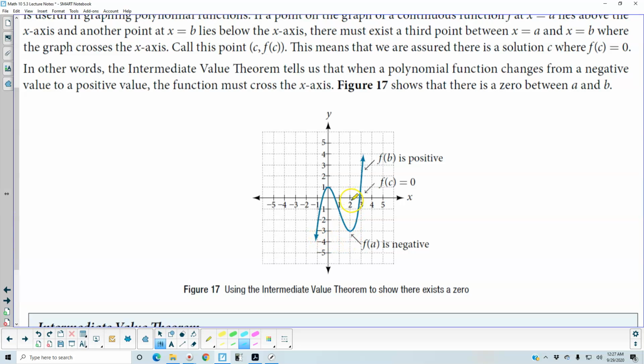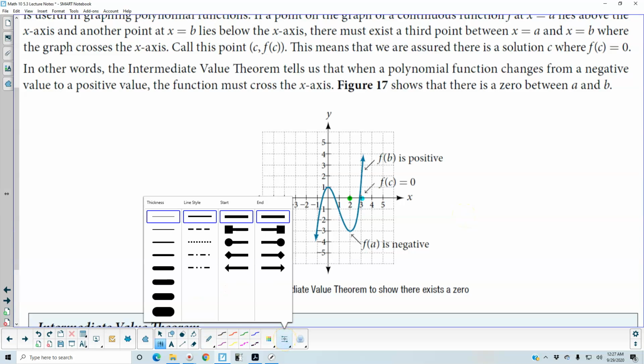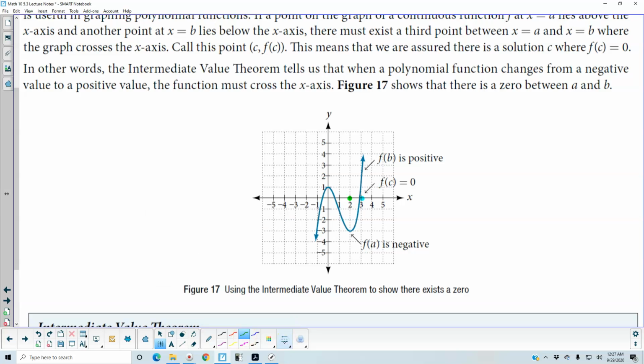So here is the value of a. So we're going to call a 2. And we can see that there is a value of 3. So that's going to be b. So in this problem, just by looking at the graph, we have